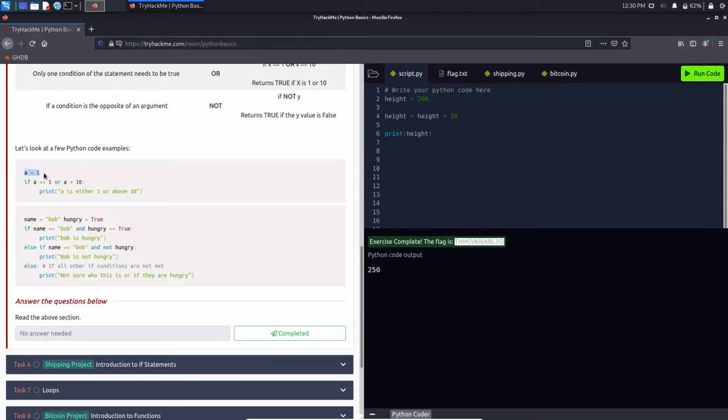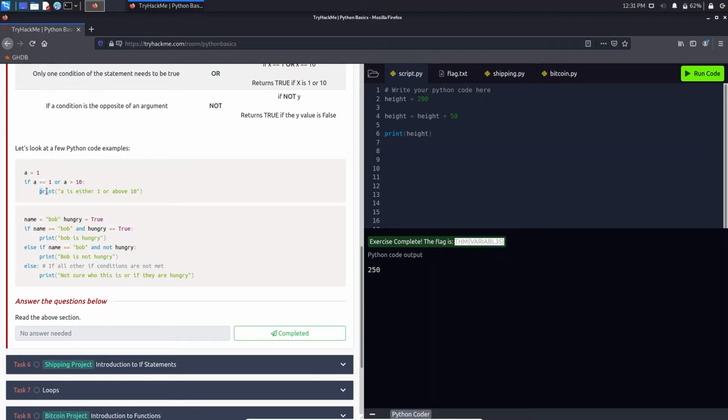So here a is initialized as 1, and it is checking whether a is equal to 1 or a is greater than 10. Means if in any of the cases, whether a gets the value of 1 beforehand, or if a is greater than 10, then it will move to the next line of printing.